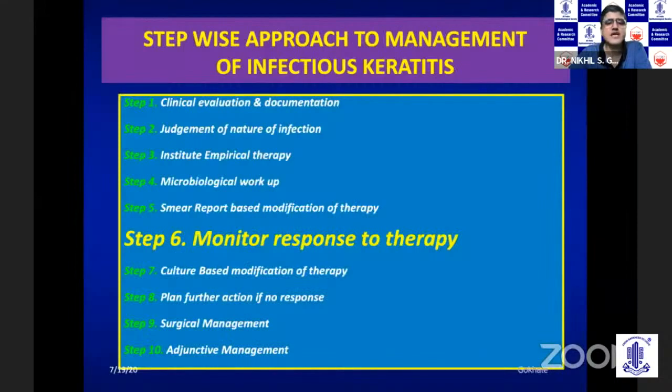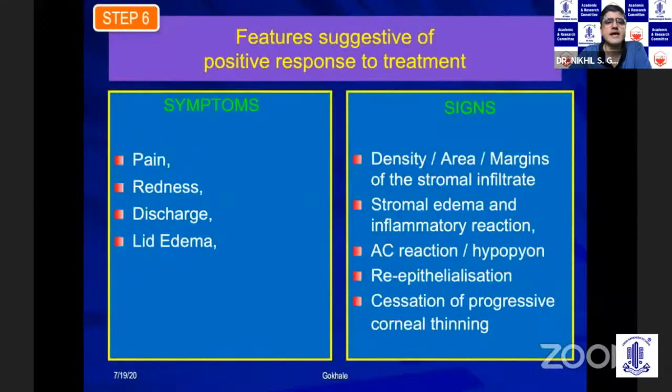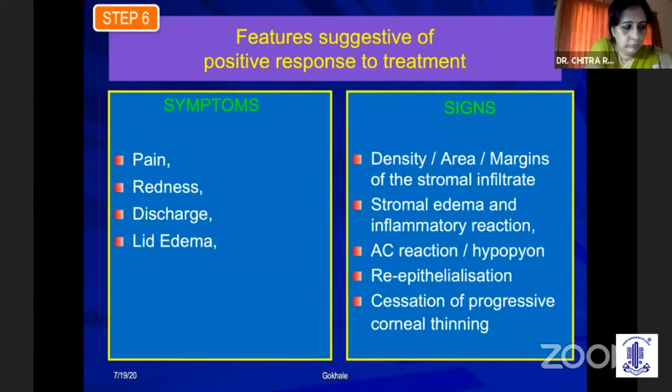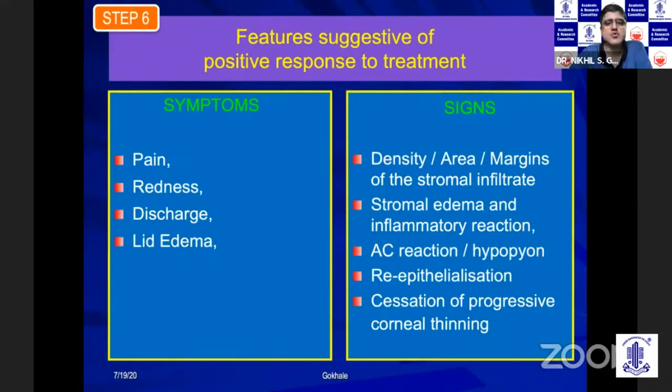And once you've started this treatment, we need to monitor and see whether the patient is getting better or not. And to monitor, it's very important that you draw the diagram daily. It's only when you draw the diagram daily, looking at the slit lamp, you will start realizing what is an infiltrate, how is it resolving, what is an epithelial defect. The measurements will help you to learn how a corneal ulcer responds to treatment. And that is something which is very important to be done on the slit lamp and drawn every day.